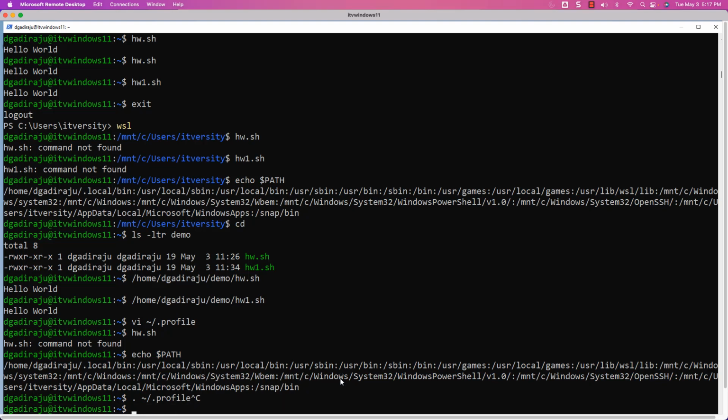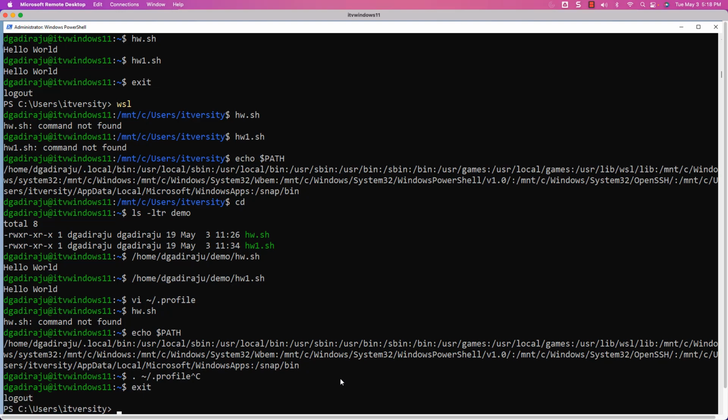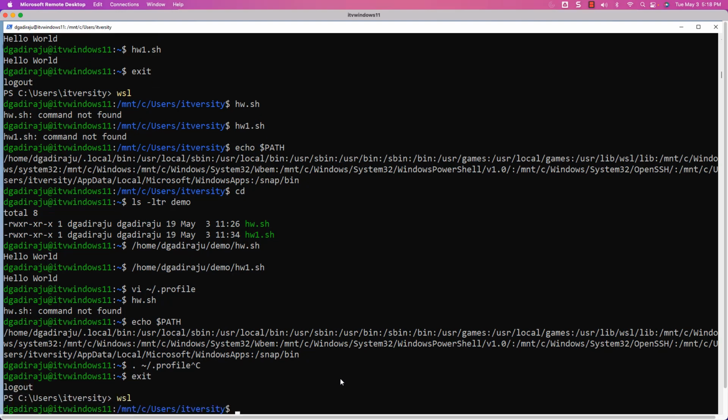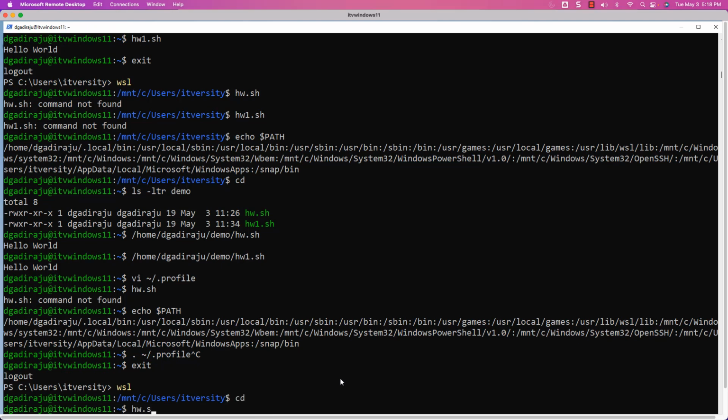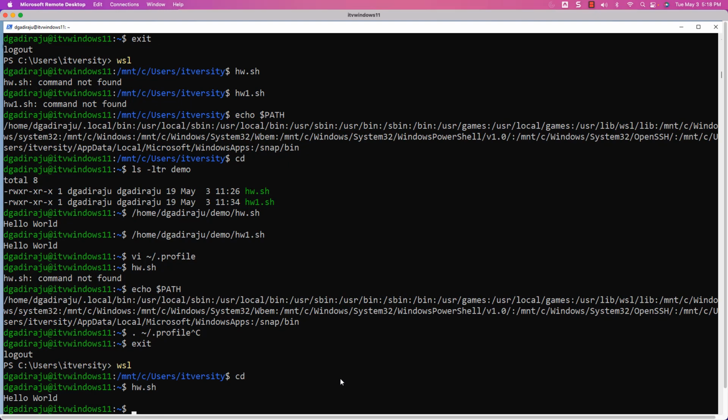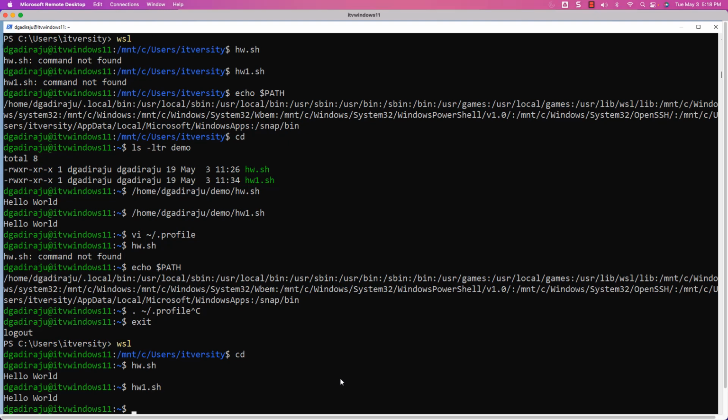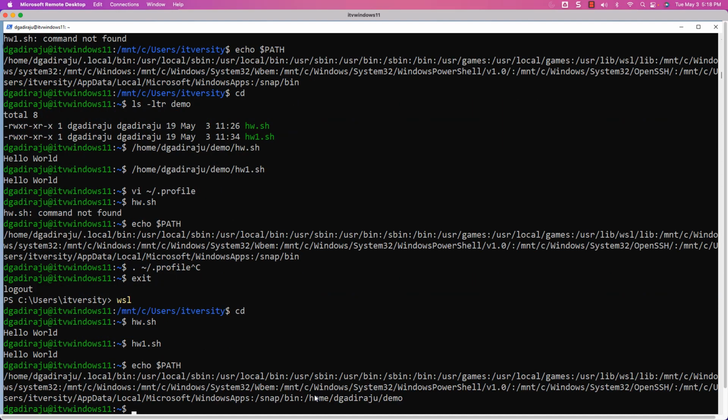I'm hitting Ctrl C. I haven't run this. Let me exit. Now let me log in once again by using WSL. You can also use regular sh command to log in. Now let's say cd. Now let's say hw.sh. You can see that it is working as expected. You can also validate hw1.sh. Even this one is working. Now we can also say echo $PATH. Hit enter. You can see the path being appended to this. This is how you should be able to take care of updating the environment variable path across all the sessions